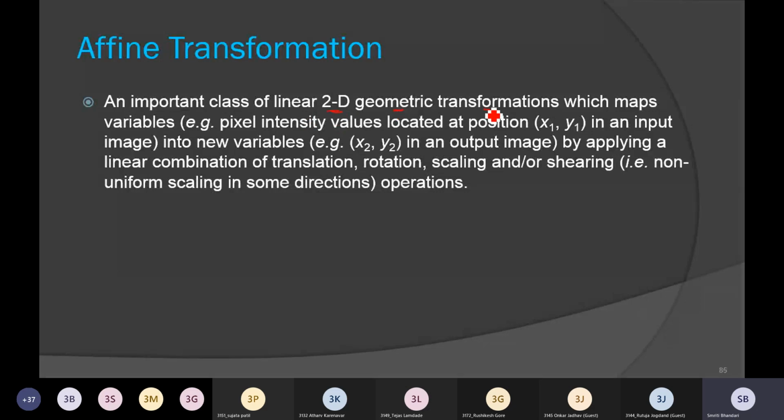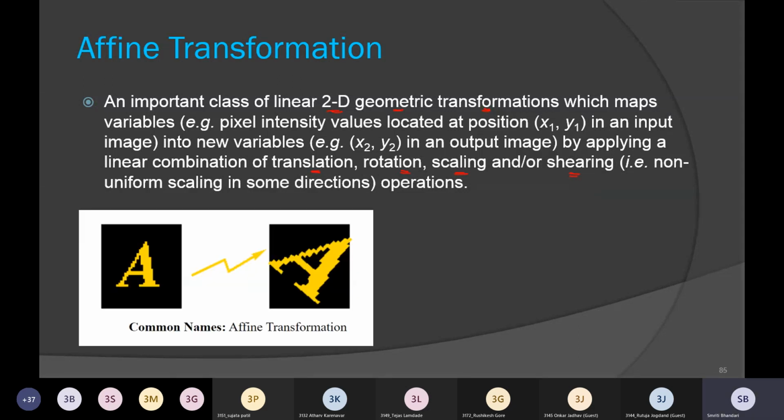So this is actually one of the important classes of linear two-dimensional geometric transformations, which maps the variables, for example, the pixel intensity values located at some location x1, y1 in the input image to the new variables like x2, y2 in the output image. And for this, we are applying a linear combination of translation, rotation, scaling, and or some non-linear transformation also like shearing. Right? So in affine transformation, we may have